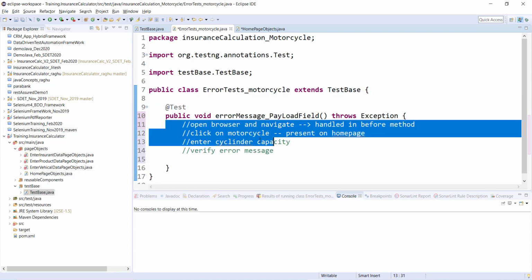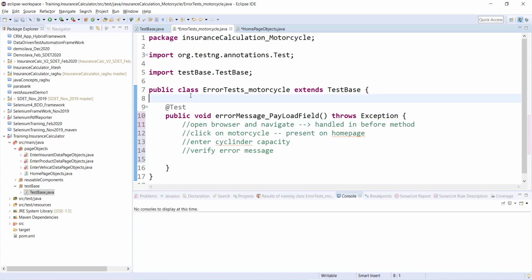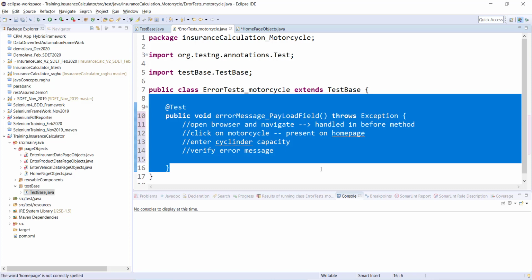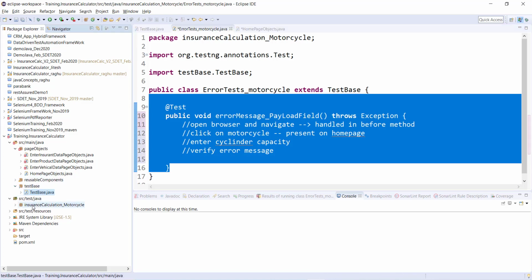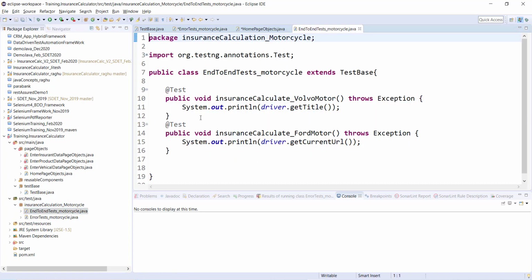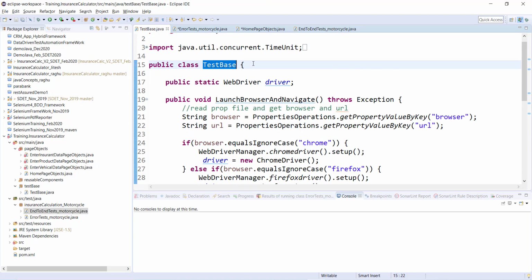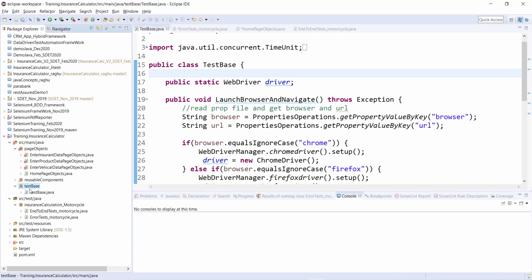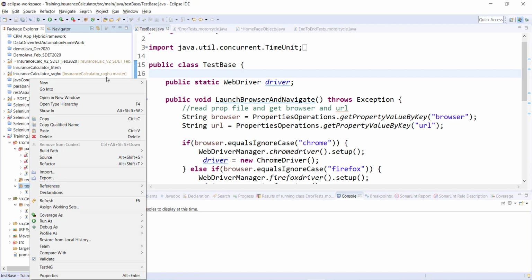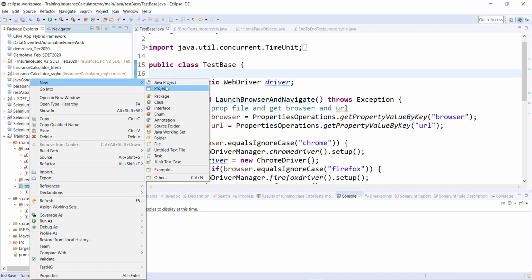But if I create the object over here, it will be applicable only for this specific class, right? I will be calling those objects in my other classes as well, because for my end-to-end test case I would need those methods too. So what's common? Test base is common for all. Let us create those objects in test base. Or rather than creating them in test base, let us create one more class where we will initialize all the objects.